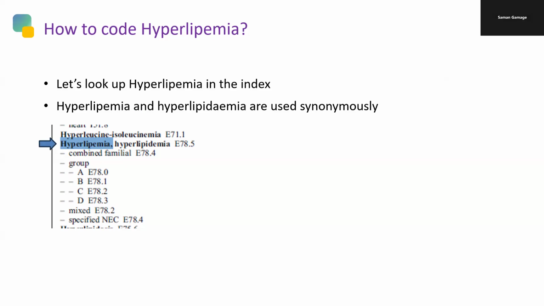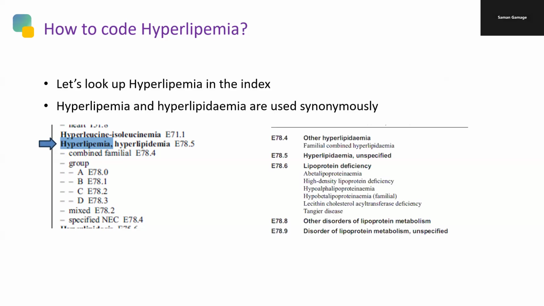Both mean the same. And the code is E78.5, and you can confirm this code in volume 1, tabular list, for unspecified hyperlipidemia,